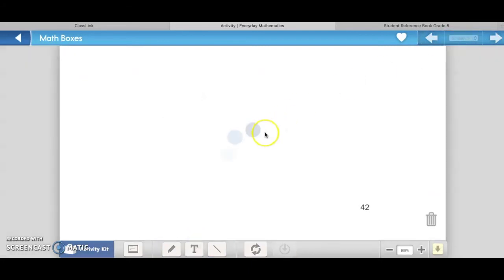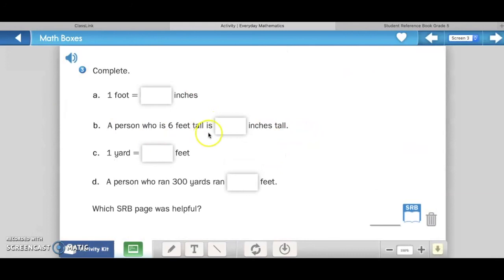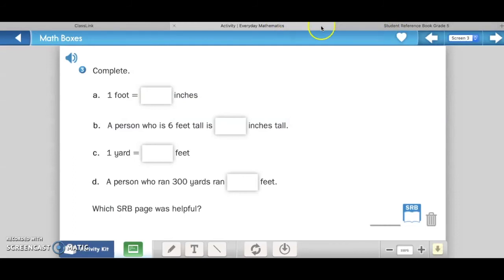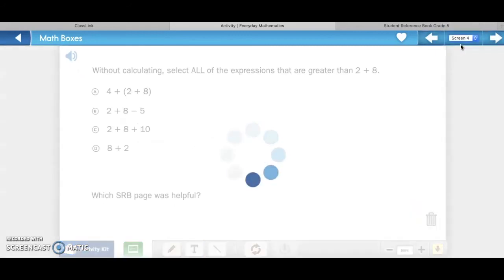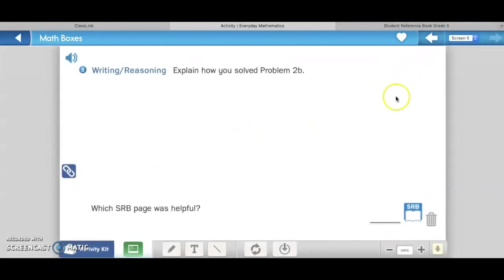Screen 3 will now give me math box number 3. Remember, my student reference book is already up there in one of my windows, so I can always go back and forth to find out what page the student reference book was most helpful. Same thing with problem 4. I'm going to go to screen 4. And then with screen 5, I'm going to go to that page here,